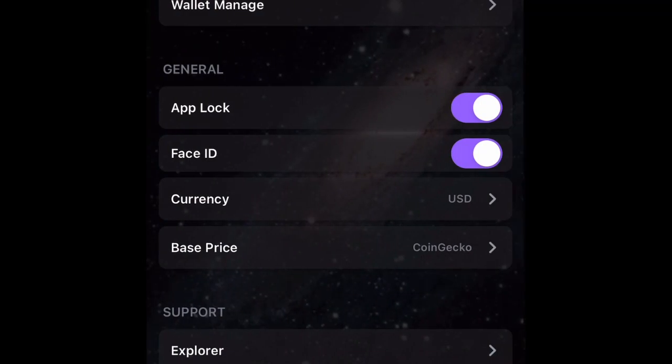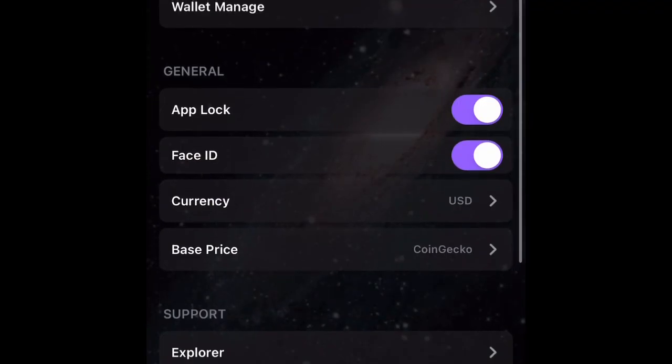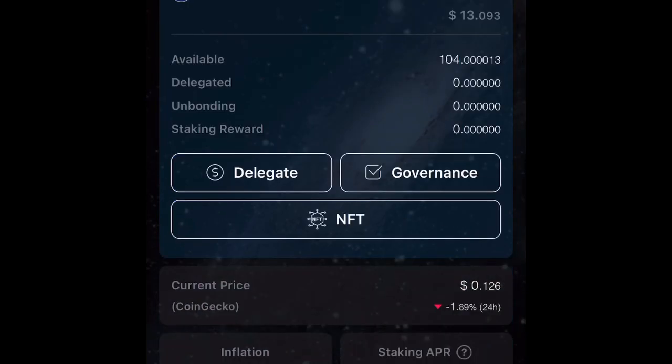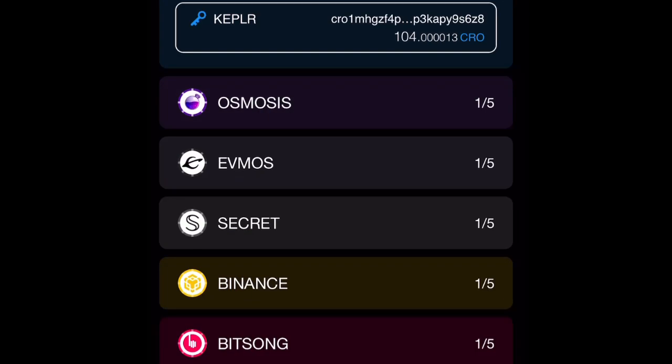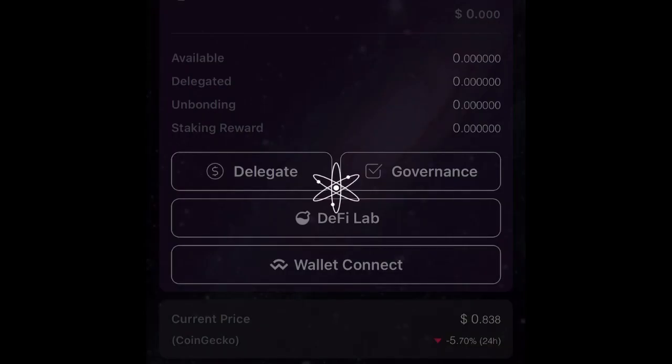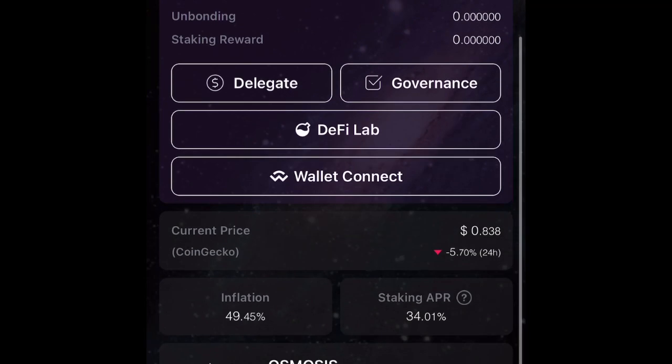So, we're going to go back, guys. And I'm going to show you that I already received the Crow. Got here really fast. I barely paid anything. So from here, you can't do anything. If you're on the iPhone, if you try to go on Osmosis right now from in here in the wallet, because I could go over here and go to my Osmosis. I could click in here and click the link, but it won't let you connect.